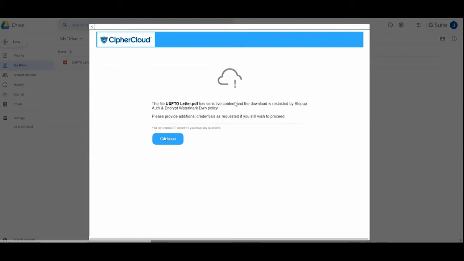It needs to be secured, and here the platform has identified that this is sensitive data for classification, and then it is actually challenging the user to step up the authentication, right? To prove that I'm really Mahesh, who's actually trying to download this sensitive information,